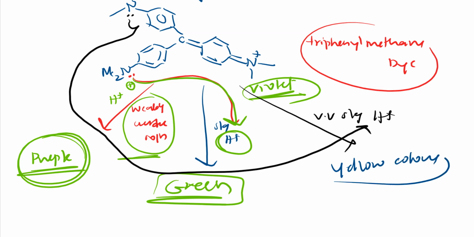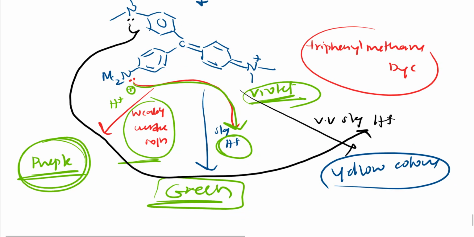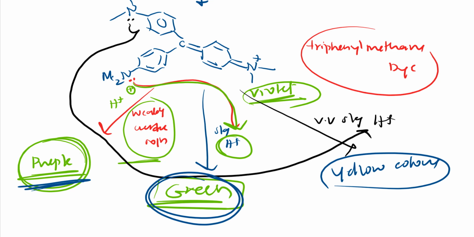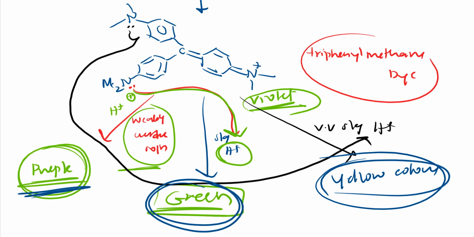So what are the things, initially in acidic solution, this crystal violet will be in purple or violet color. If I add a little excess of acid, then it converts to green in color. If I add a few more drops of strong acid, then it converts to yellow color, right? That's the thing, right? The structure we can write, just the nitrogens are having lone pairs, there you just add the protons, keep on adding, right?